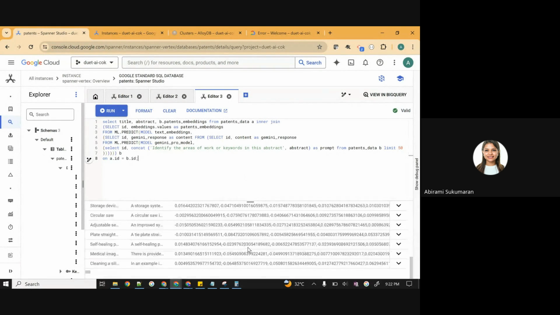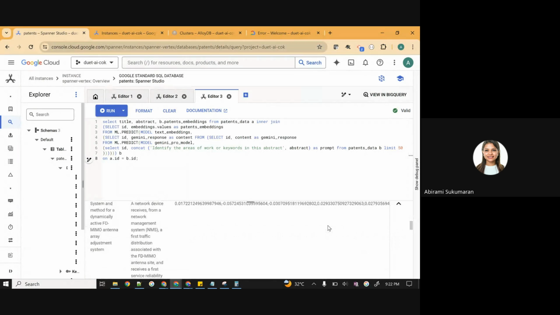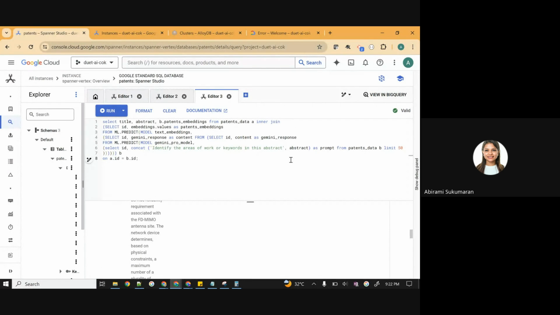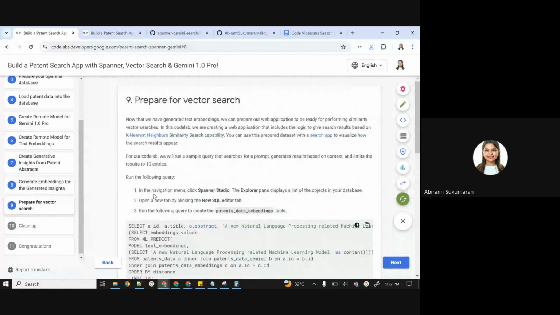So now I have 10 records only. So I have to pick and choose my user query that is somewhat related to some of these. All right, I can't be wild, because what am I going to possibly do vector search with just 10 records, right? So for doing the last step, which is preparing for vector search or doing the actual vector search itself,